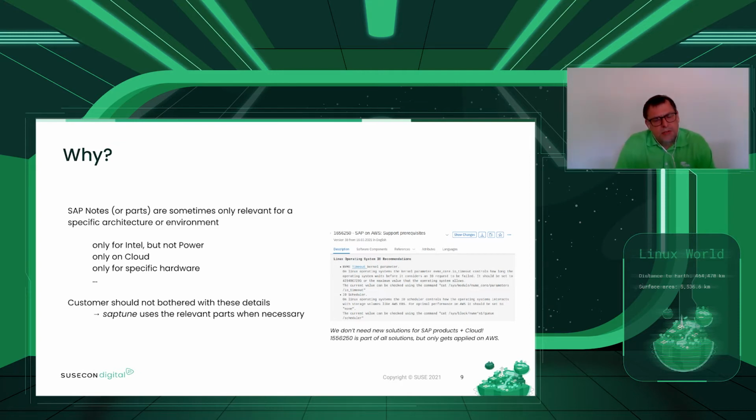If you check or look at some SAP notes, you find that much of them, or at least parts of those SAP notes, are only relevant for a specific architecture or environment. So there are statements like only for SLES 15, not SLES 12, or use this only on Intel, but not on Power, or this is relevant for cloud, for AWS or for Azure, or only relevant if you are using specific hardware, like, let's say, non-volatile memory. And as an example for that,